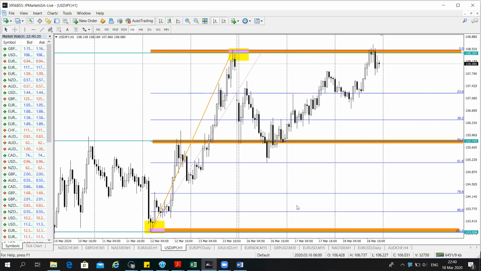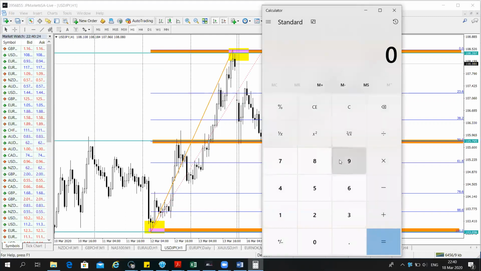Therefore, of the 5422, I can quickly take my calculator. 5422, I must find the 75% level of that, right? 5422 gives 4066.5. Or, to avoid this being a bit complex,